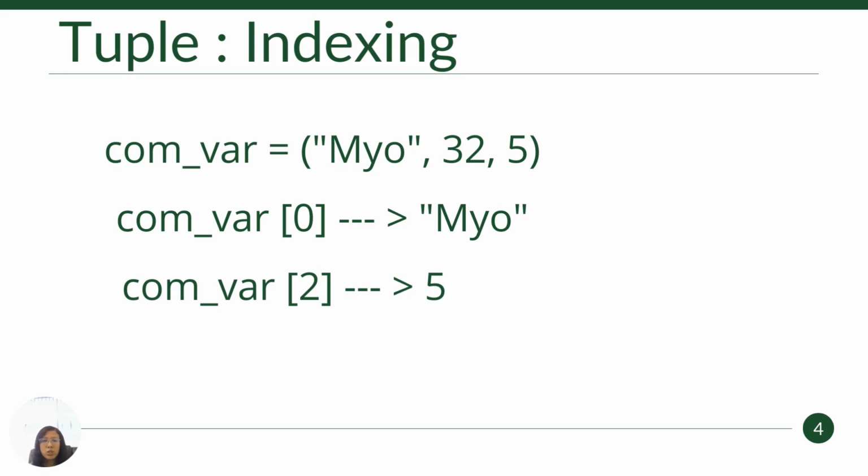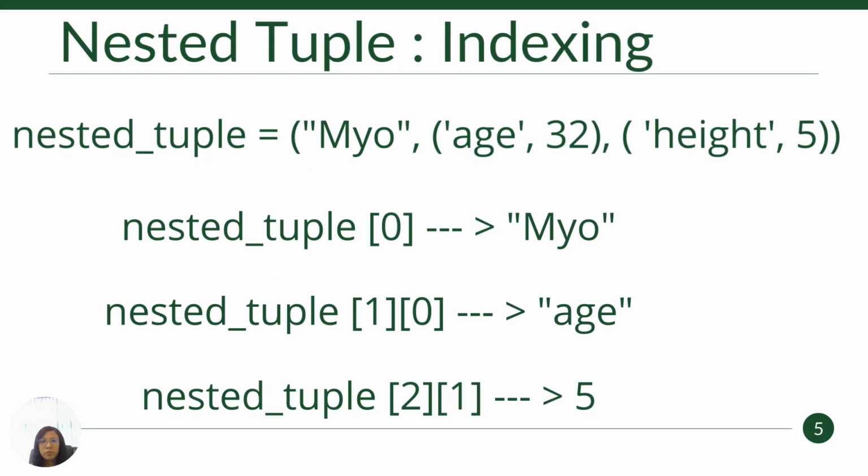So, like a string, since it contains more than one element in your variable, you can use indexing to access particular elements. comvar[0] will give you mu, comvar[2] will give you 5. So you can access using either positive indexing or negative indexing like a string. In the tuple,